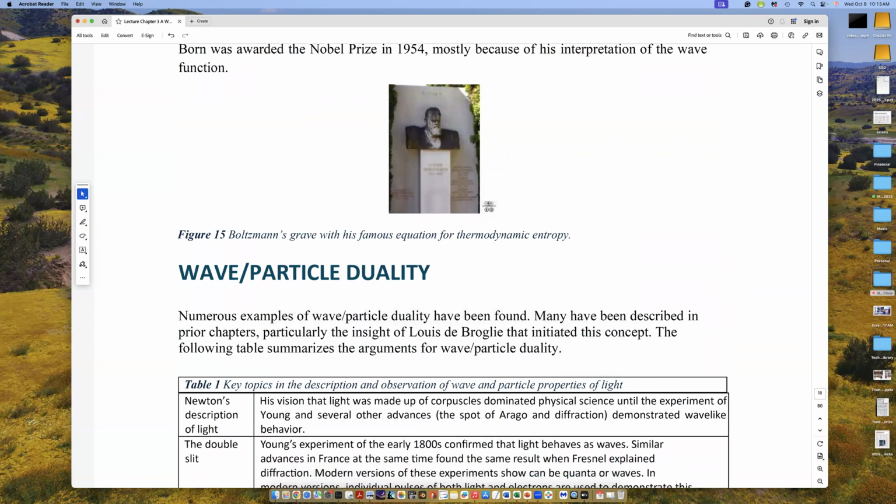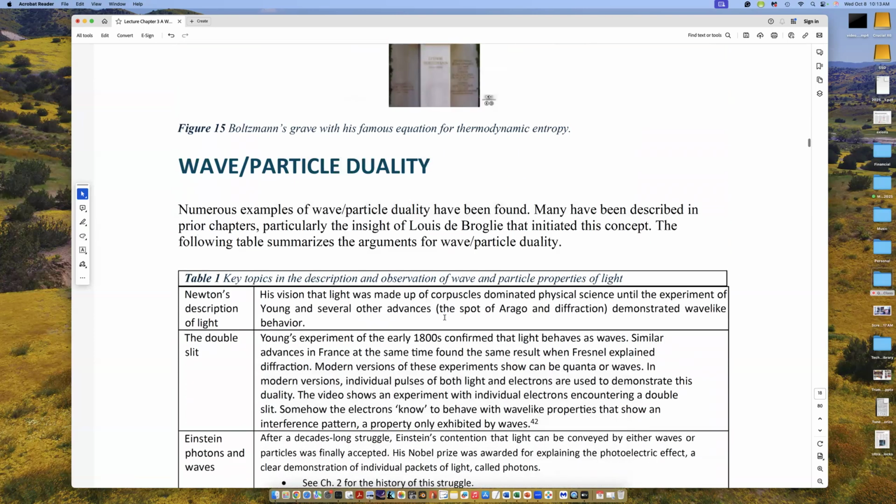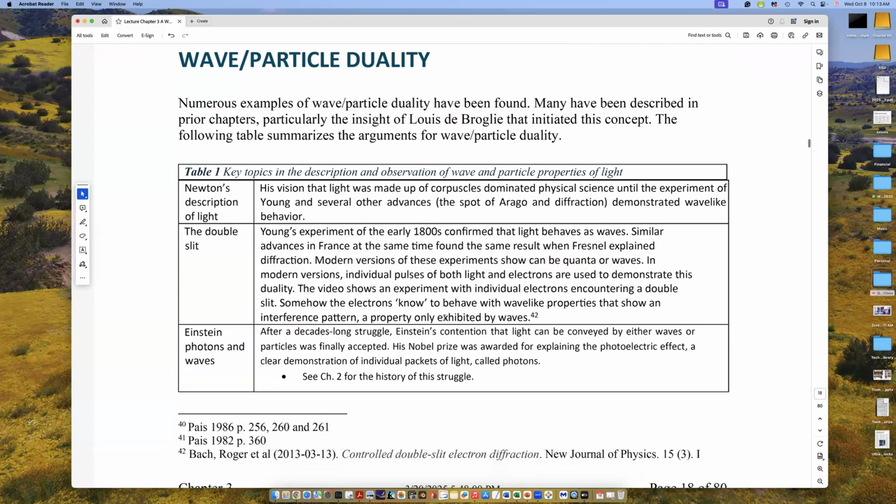So now let's move to a key element of quantum mechanics that became unavoidable in the 1920s. There had already been this debate about the nature of light. You remember Thomas Young in the early 1800s did the first double slit experiments and said, the only way we can get those kinds of results is if light is propagated as waves.